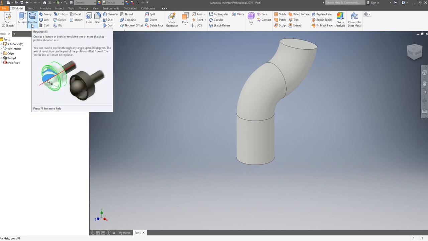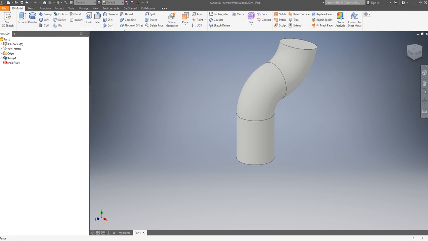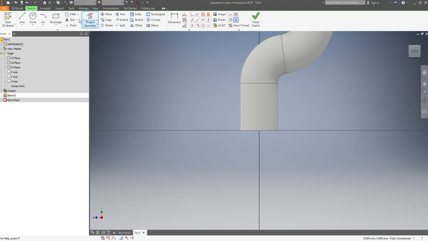Now let's do the revolve. If we leave the cursor here, the revolve is profile revolve around an axis. Okay, let's make an axis first. Let's make something else. The profile rectangle. I want to capture this point. Can I? Oh, okay, great.